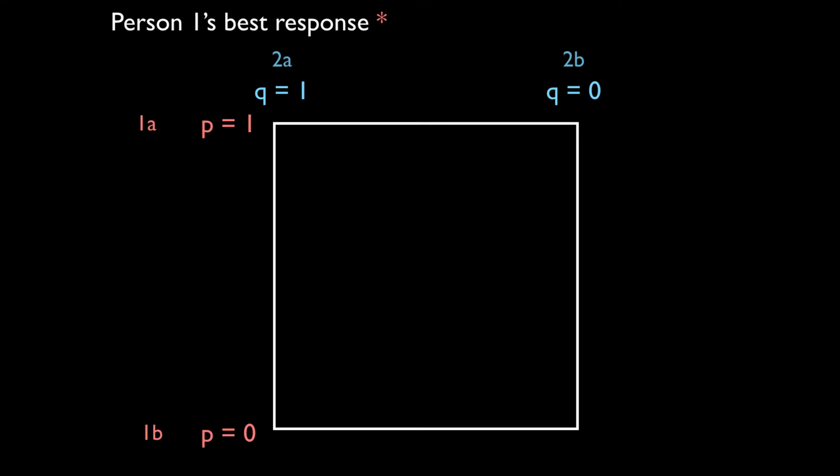Okay. So this corresponds to P equals 1 up here, P equals 0. The way you think about it is like this: this is the upper left-hand corner, which corresponds to the upper left-hand corner of this. Does that make sense? Okay. And then this is Q equals 1 on this side, Q equals 0 on this side.